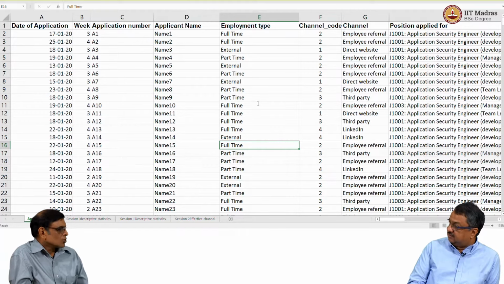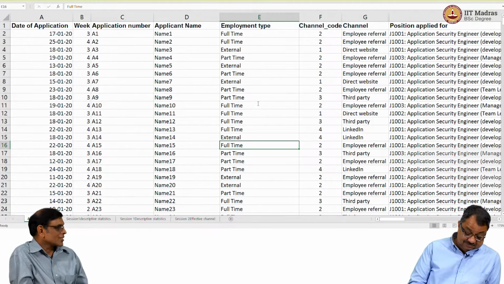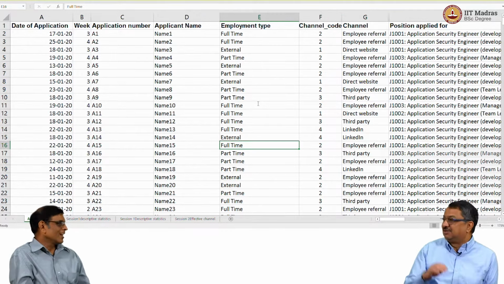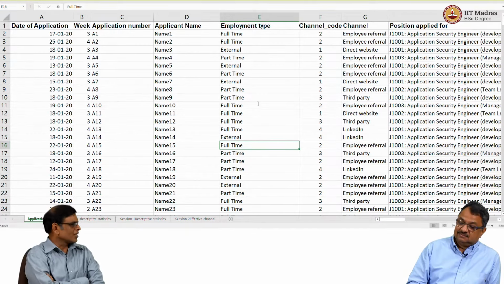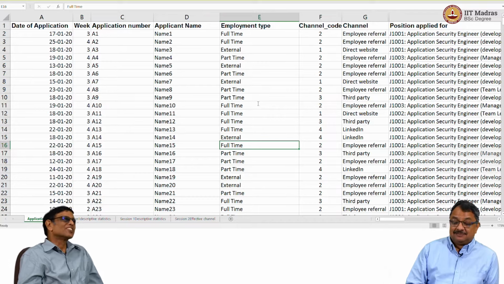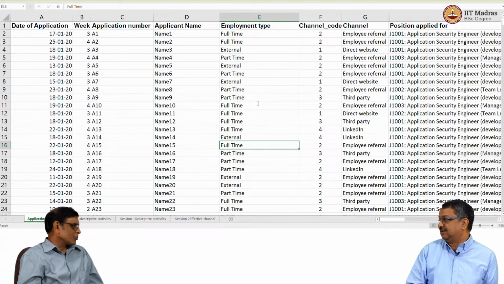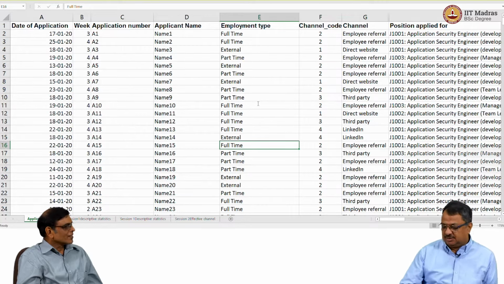Correct. So somehow your effort in shortlisting is less. In some sense, correct. You're right. Your effort in shortlisting is less. Somebody has already done something for you. So you want to basically figure out which channel is doing your job, right? This is what you're saying. So it's doing a good job of getting the right kind of people. So it seems like a very abstract problem.